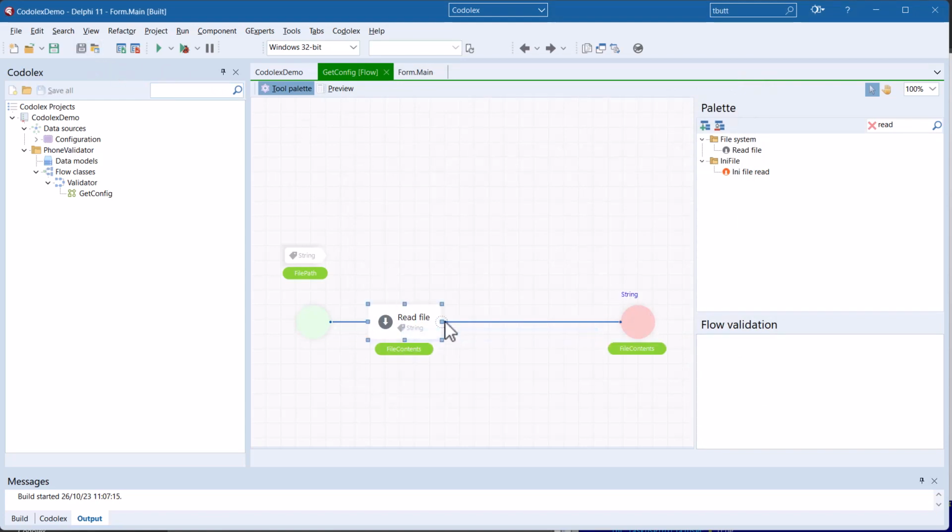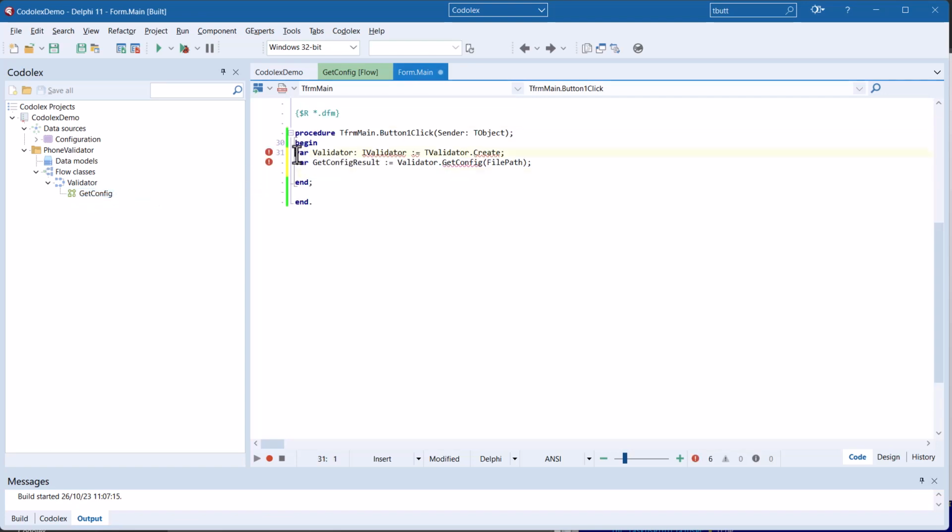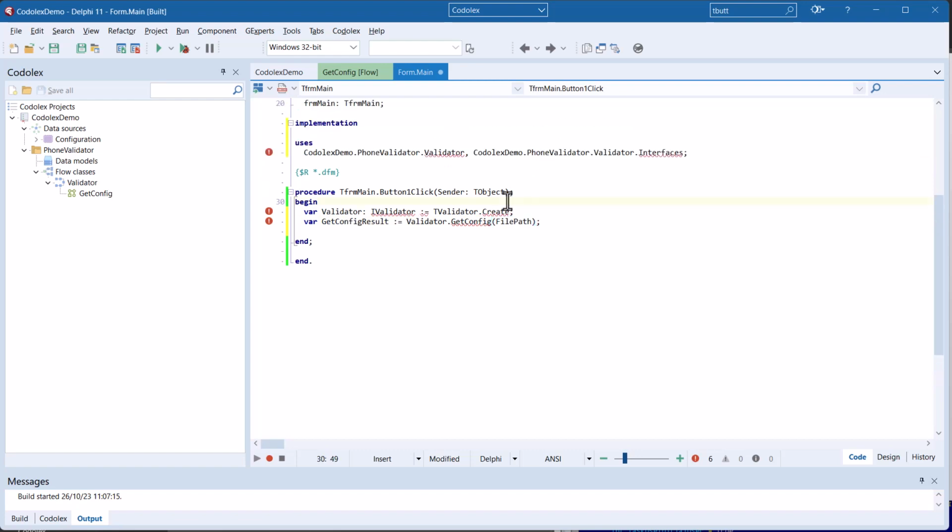Now, if we use this flow in our Delphi project, you see that you have to provide this file path parameter. So we can do that like this. And in this way, you can pass in